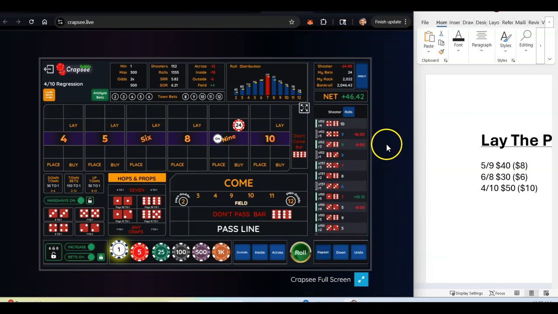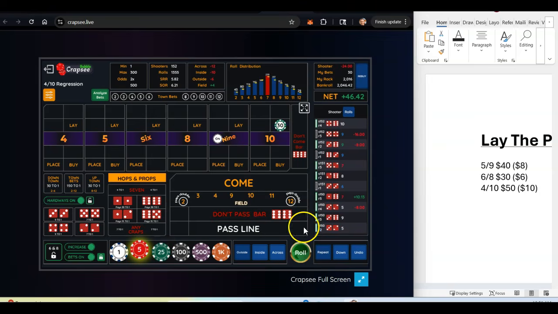Okay, so pay attention here. It's another outside number. Right? Another outside number. So I'm going to show you the switch or the bounce. So now we're going to switch to the 10. But remember, we're at level 3 here on the 9. So you need to know what level 3 is on the 10. Right here. It's $30. So we're going to take this down and we're going to say, I dare you